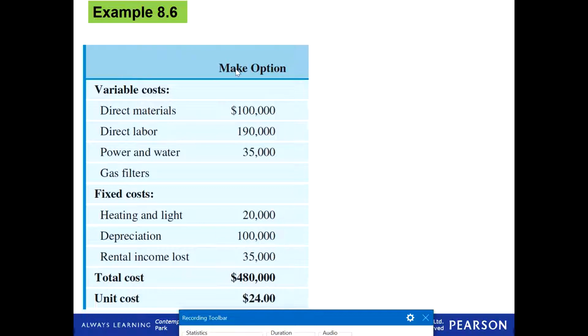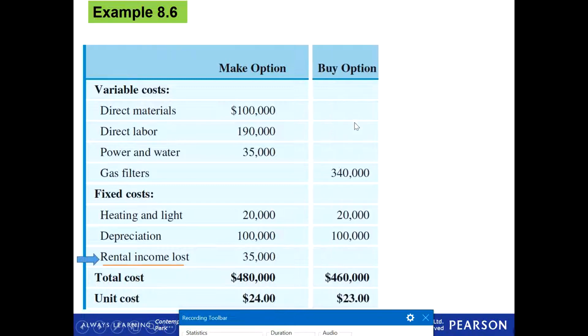This is what we call an opportunity cost. So now the scenario has changed. See, now our per unit cost is 24, not 22 as we calculated before, right? So let's see. Now if we outsource it, meaning we buy it from the supplier, of course we will not be using material or labor, because these are variable costs. They depend on the number of units we are producing. If you don't produce anything,